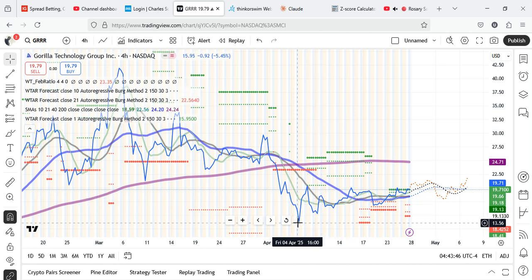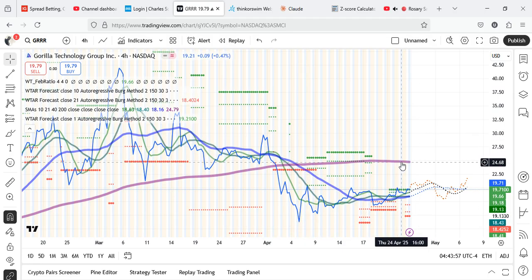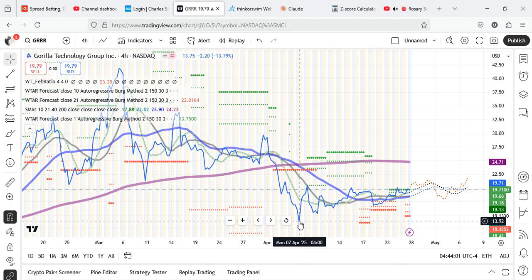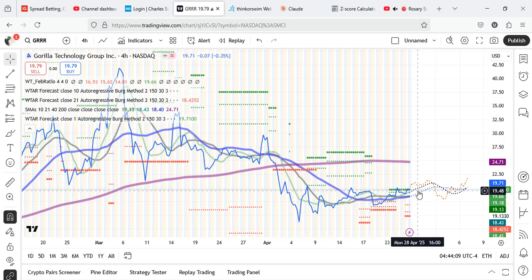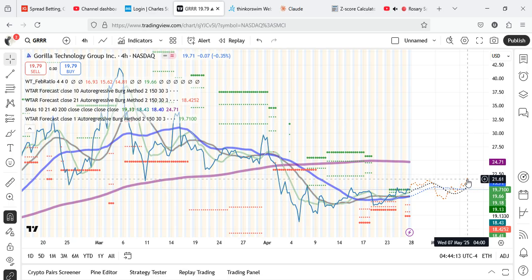Since printing this low of $13.85 as of the 7th of April this year, 2025, the underlying trend, if you like, is still bullish, I think, pretty much. Just going by that range from the 7th of April to yesterday, the 25th, the trend is a bullish one, and the extrapolation up to Wednesday, the 7th of May, is also a bullish one as well,